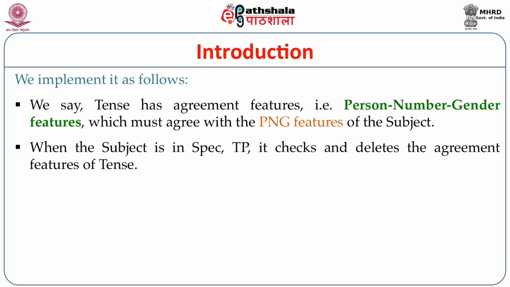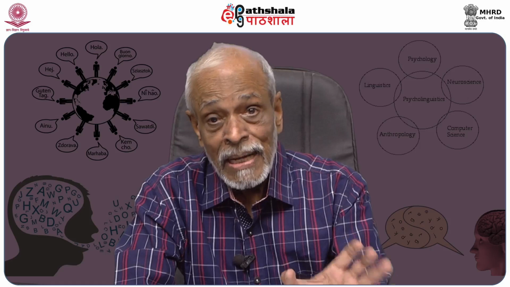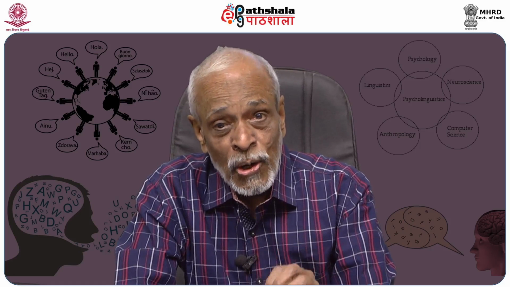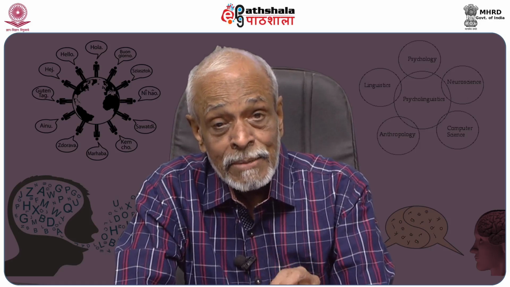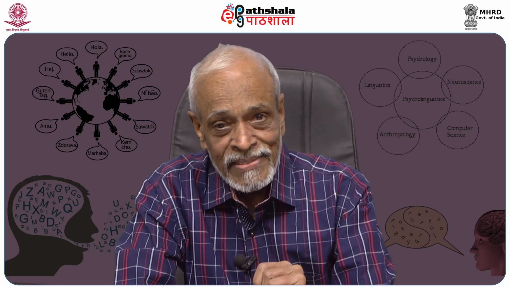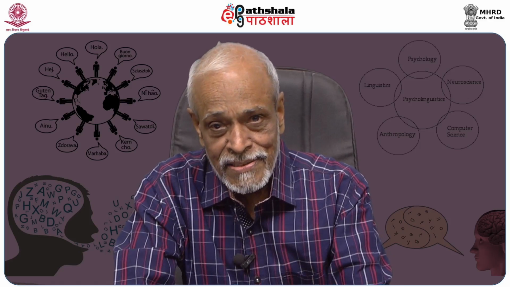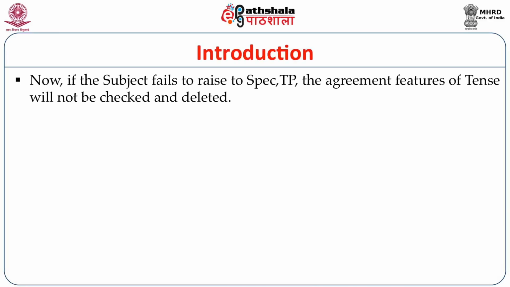For example, the noun phrase he is third person singular masculine, and the tense should also have these features, third person singular masculine. If they don't match, the derivation crashes. The derivation also crashes if the subject does not raise to spec TP,